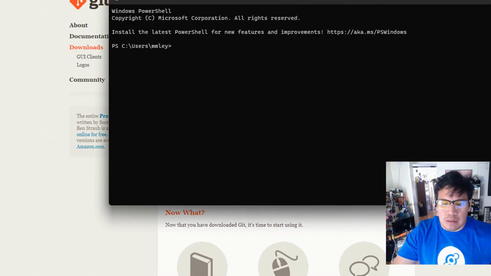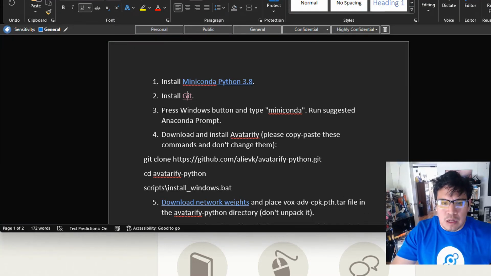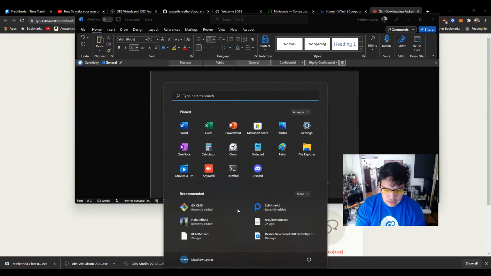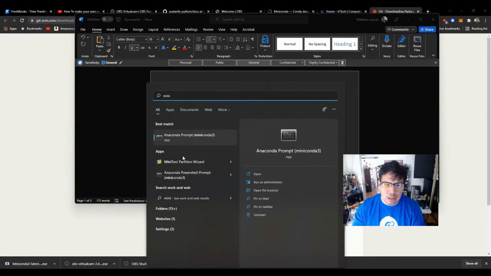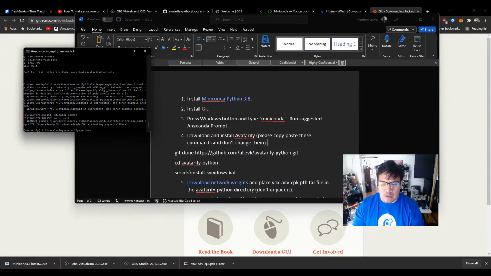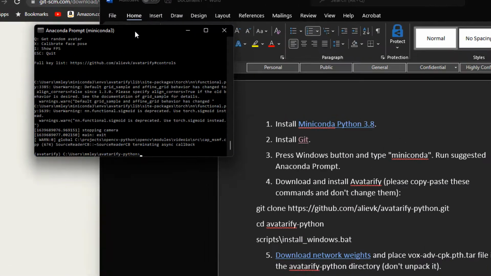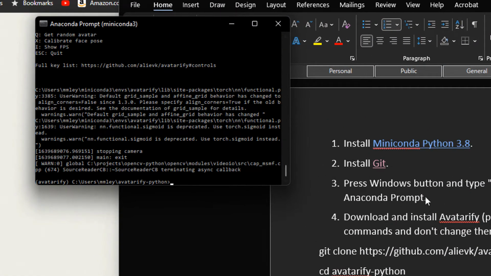I don't need to walk through that one. Second one, so let's bring that back up. Number three, press the Windows button and type Miniconda. I always run my stuff in elevated mode, so run it as an administrator, and when you do that, it pops up like this. Inside of here,